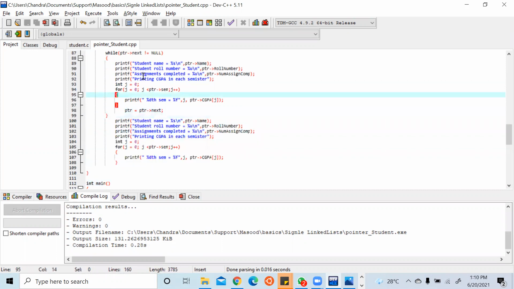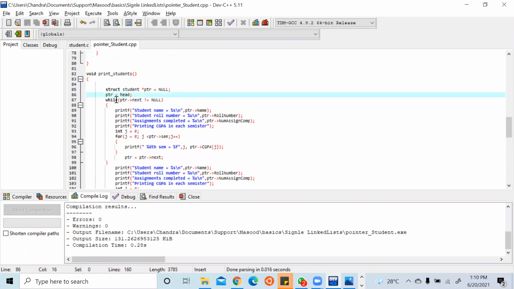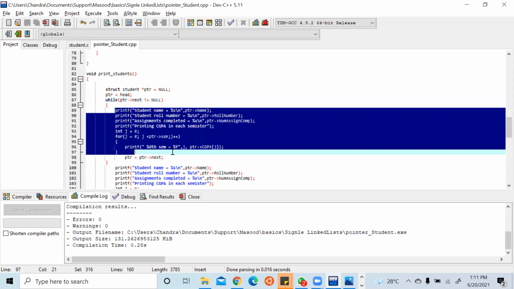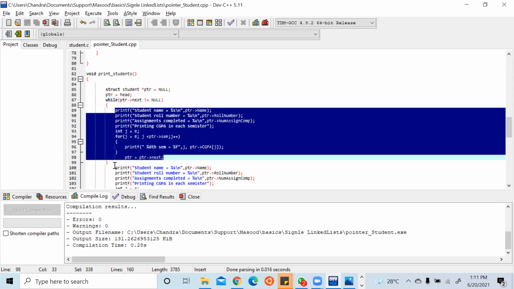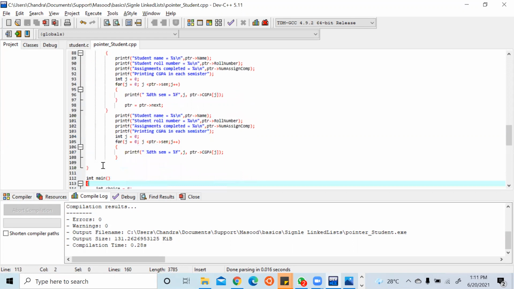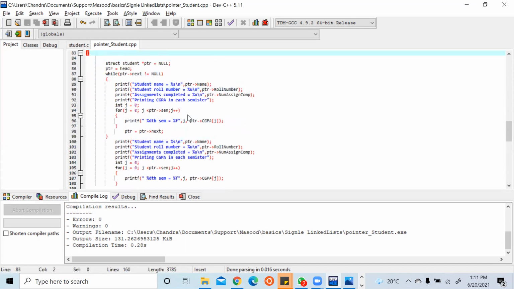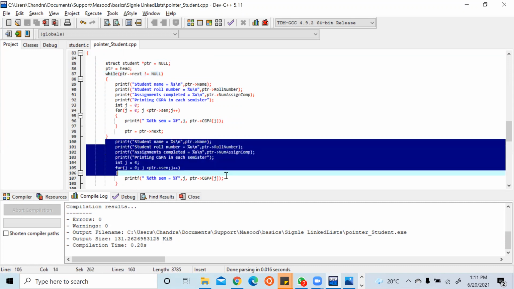Yes, sir. So what is happening is the head got the PTR. It means the list base pointer got it, and we are going through the pointer until the PTR pointing to next element becomes null. It means we went to the last element. When it comes to the last element, it breaks, but it did not print. It came out of the loop. So I am printing the last element because PTR has got a last element now. This loop was going until the last element. When it comes to last element, it was breaking, but I added code for printing the last element.